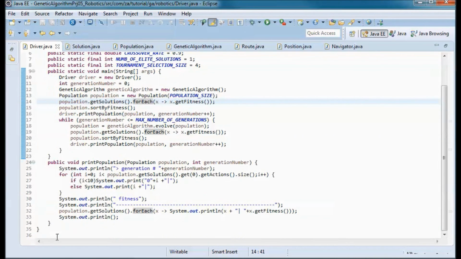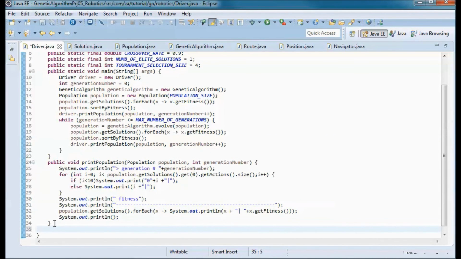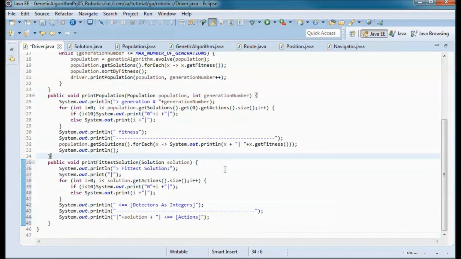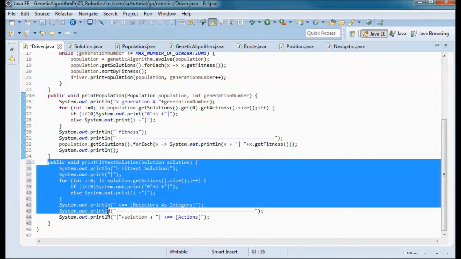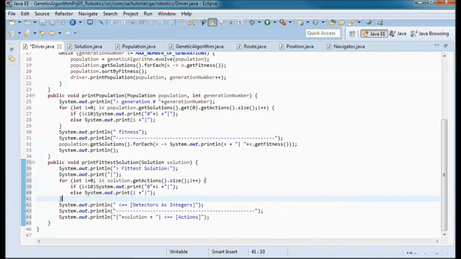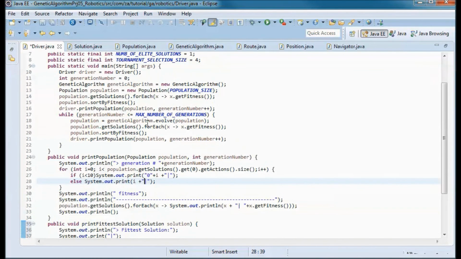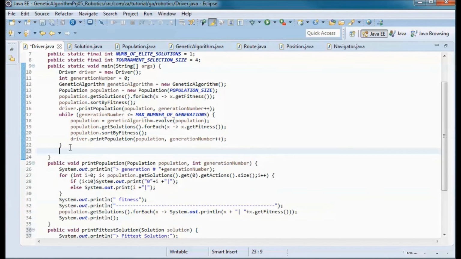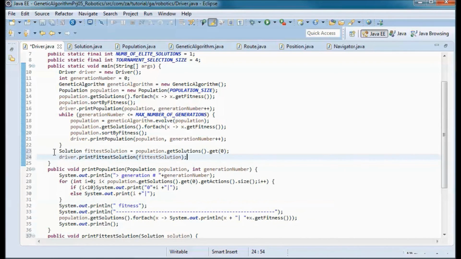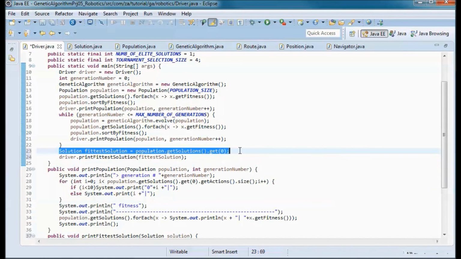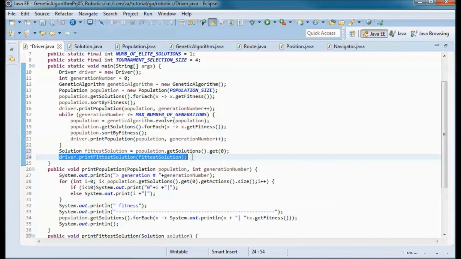And let me add another method that does printing. So print the fittest solution, and here I'll pick up the fittest solution for the last generation, and then print it.